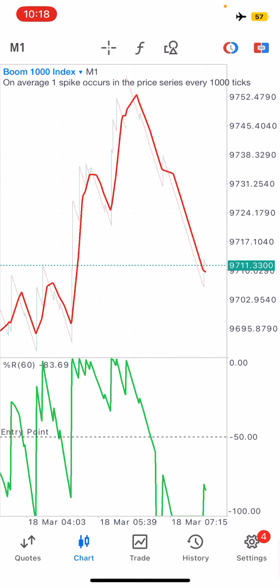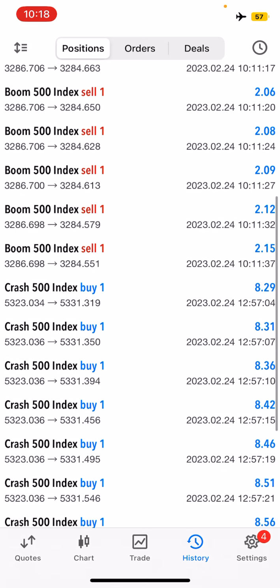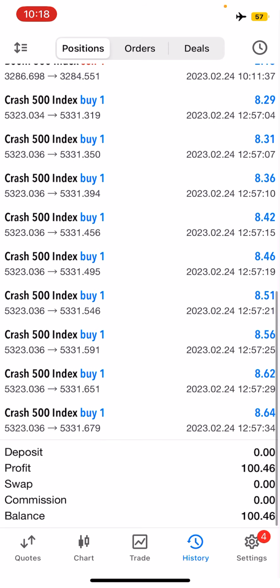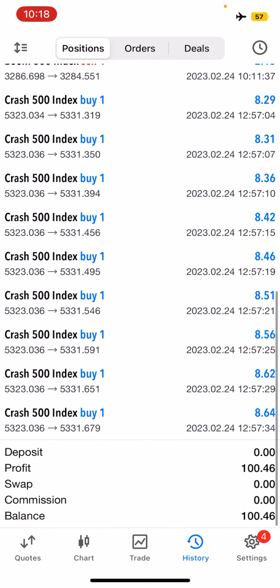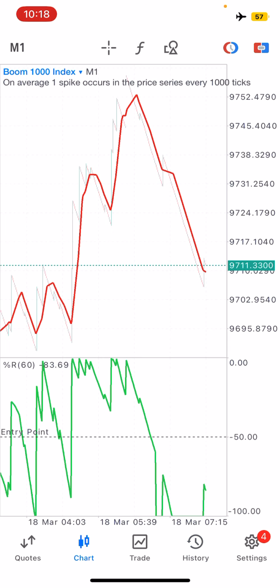Now what's left is basically for you guys to know how to get to this point, which is the most important point, the profit making point, right? How do we then make this $100.46 in one day with just 2 trades? Can you see this, guys? This is so powerful. This is a so powerful boom and crash strategy. So this is what I want now to explain, and this is where I expect you guys to start writing